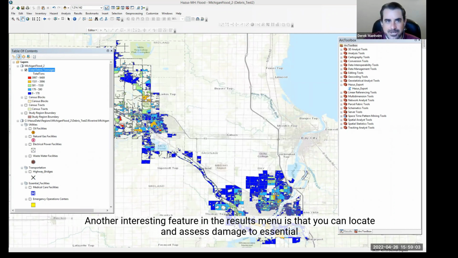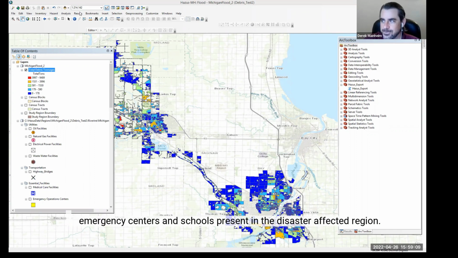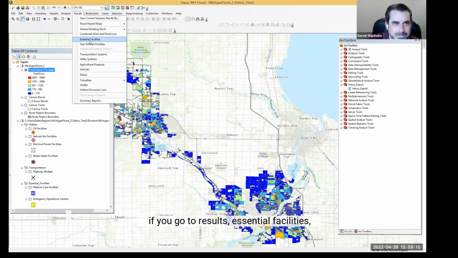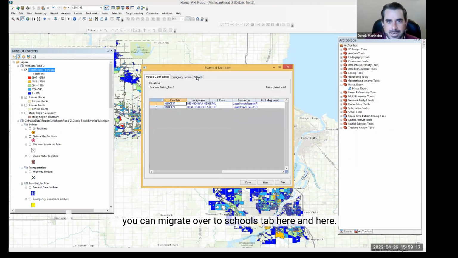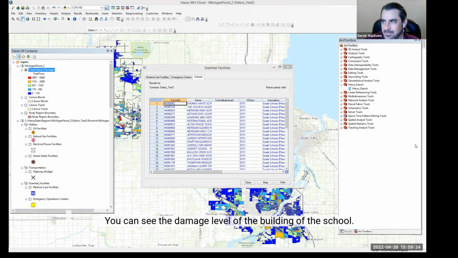Another interesting feature in the results menu is that you can locate and assess damage to essential facilities such as medical care, emergency centers, and schools present in the disaster affected region. For example, if you go to results, essential facilities, you can migrate over to the schools tab here. And here you can see the damage level of the school, the losses occurred, and the days required to reach full functionality, scrolling from left to right.